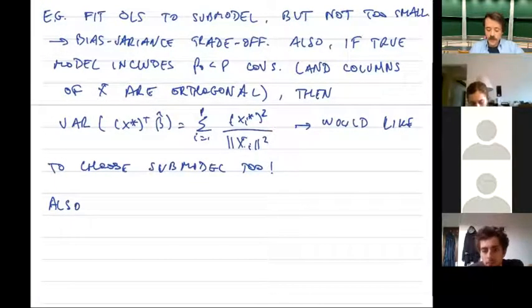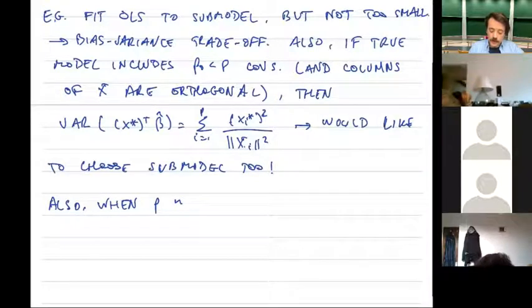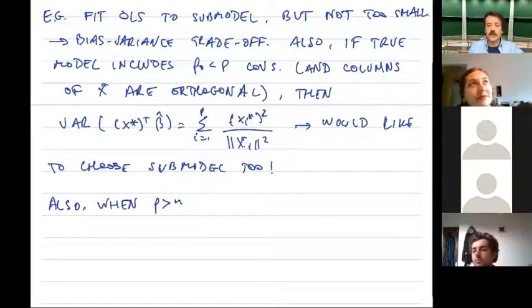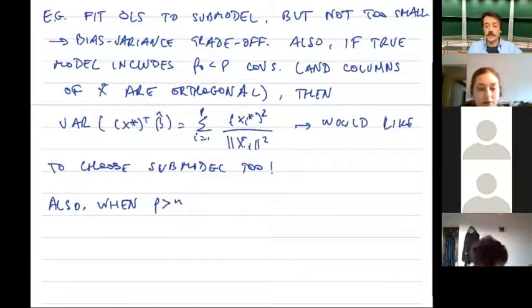Yet a third possibility is that p is greater than n. So there are two things here. We could be thinking that p is the actual size of a model, or it could be that, like some internet companies such as Google, they have so many things that they measure for each person, and it turns out they have more of these than the number of persons they are taking data from, and they have no idea what the true model is, but still you're in this situation in which p is larger than n. So in this case you still need to select